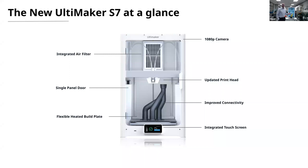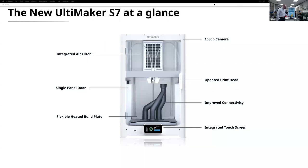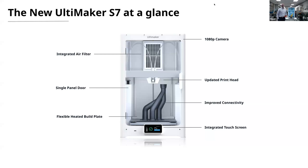We have improved connectivity with a new Wi-Fi card with 5 gigahertz compatibility, a great new flexible build plate. I'll spend a bit of time going through that later. And the same great integrated touch screen as Ryan mentioned earlier. You know, it was quite novel and revolutionary when we brought it out in 2018. Since then, and with those 37 firmware updates, plus and more to come, the user experience using that touch panel